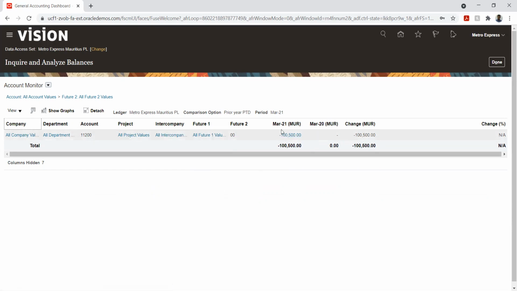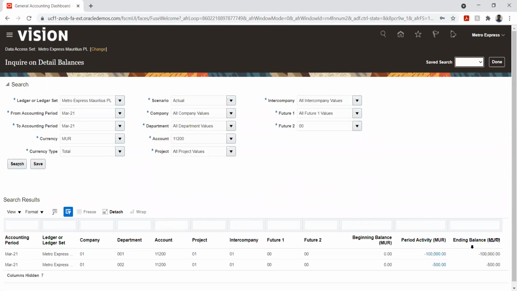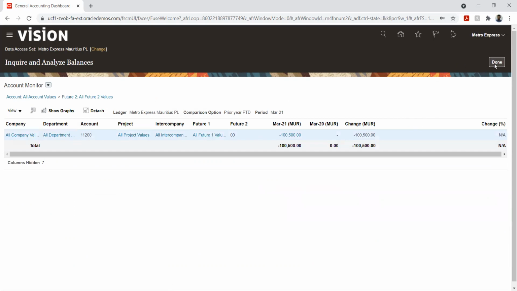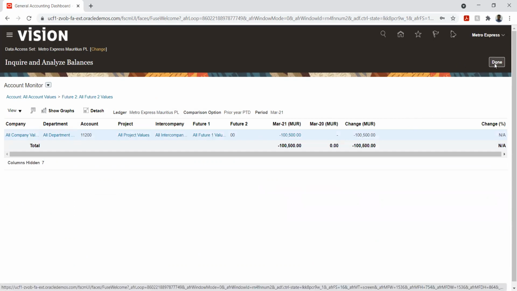If I want to check this, again this will take me to the journal page, wherein I can drill down. So the same page. Yeah, so this is about account monitor.